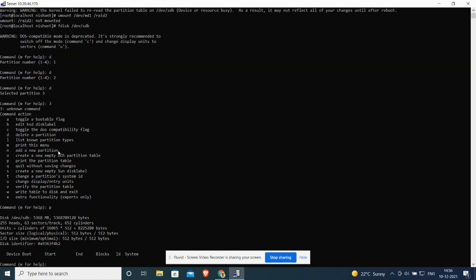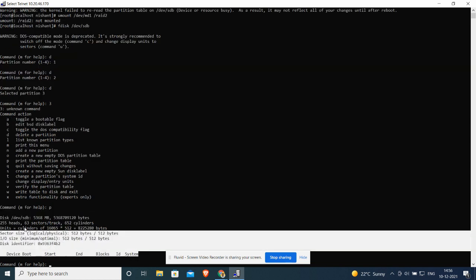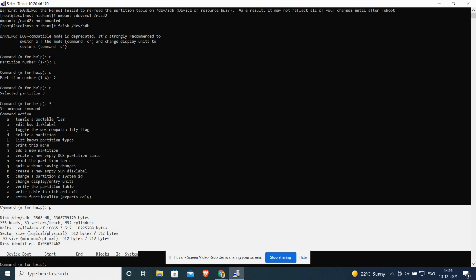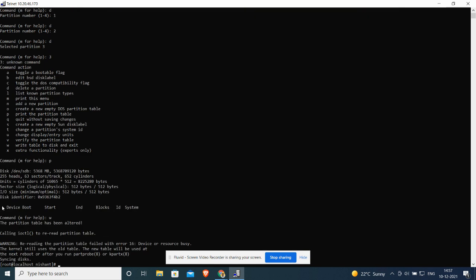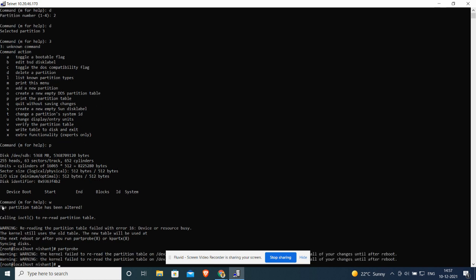If we see the partition table now, we created the partitions, it is unmounted, we have removed it from RAID, and we have deleted the partition. So the partition table has been altered. Then we inform the system with partprobe, and we return back to the initial state from where we